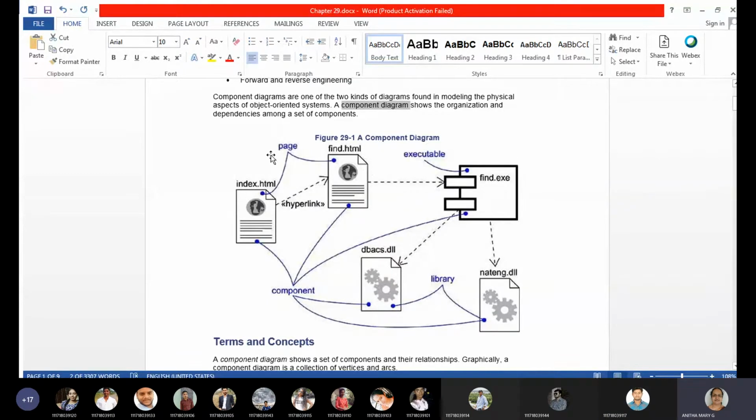Okay, so this is the component diagram, wherein we are talking about find.exe. It's an executable component, which can be carried in any of the devices.